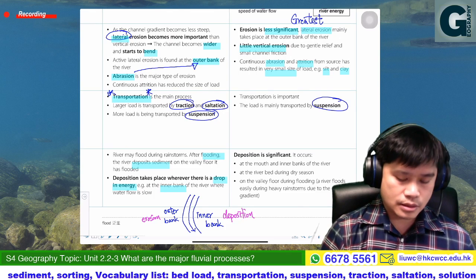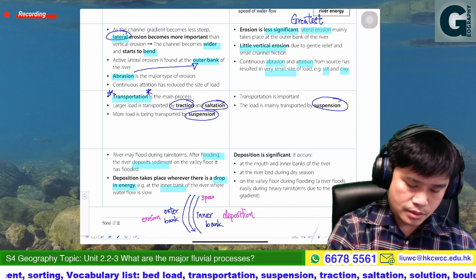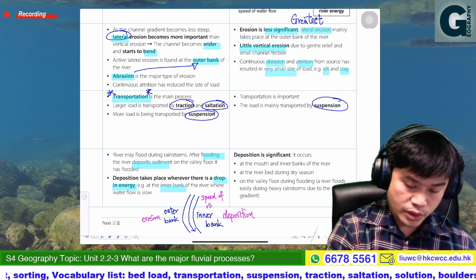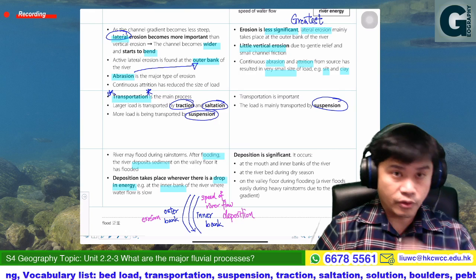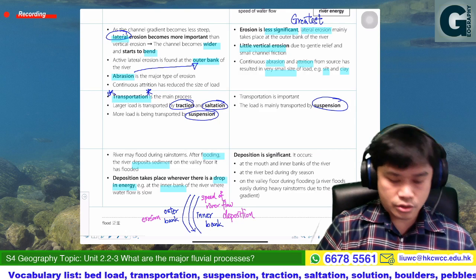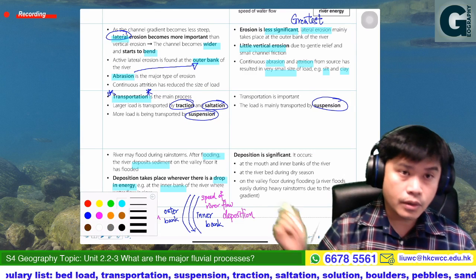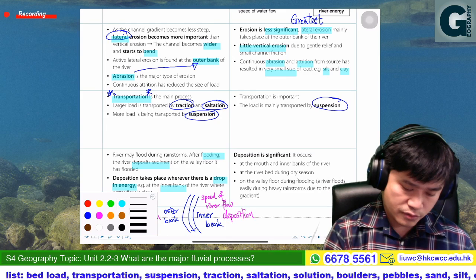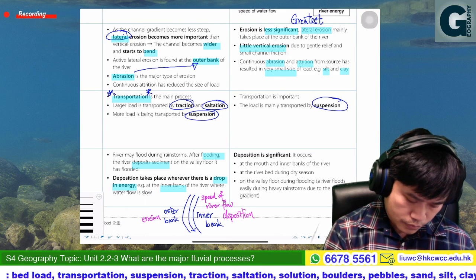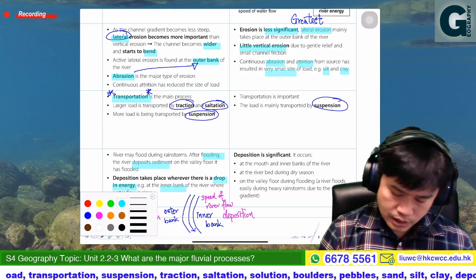But this is mainly related to the speed of river flow. Okay, the speed of river flow. For this, I'll explain in Unit 2.3. But right now, you can draw this simple figure for your understanding. Okay, then next, in the lower course,